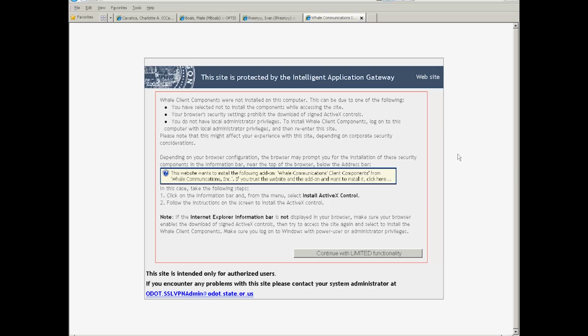There's several things you have to go through to get through ODOT security, because we're allowing non-ODOT employees to access an ODOT-owned server. It's not on the open web, so we had to get it on our own server, which is much faster. We had to go through this.